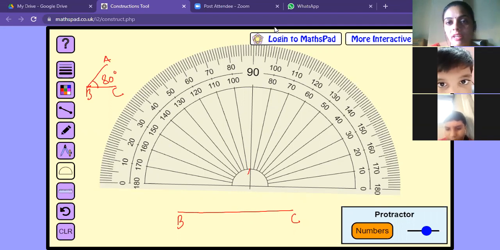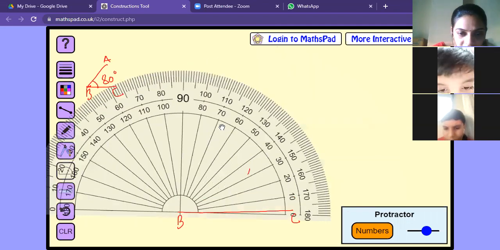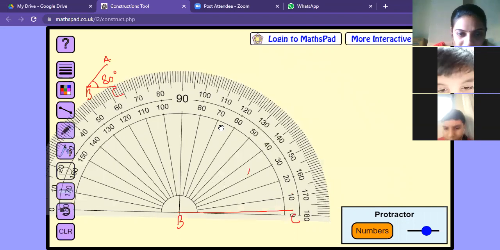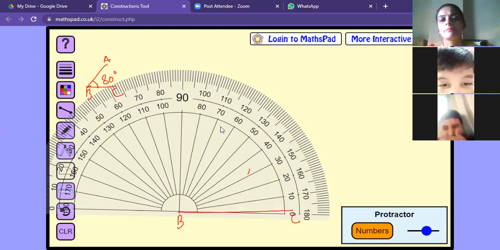So how will I take it? Let me try, okay? Which way will we do it? This way. Can you see? The point B, yes, like this, right? My line is a little bit up, but you can see this zero over there where the line should coincide. And then what will you do?